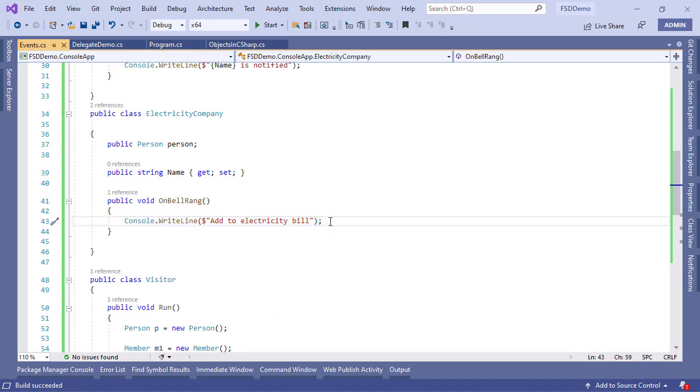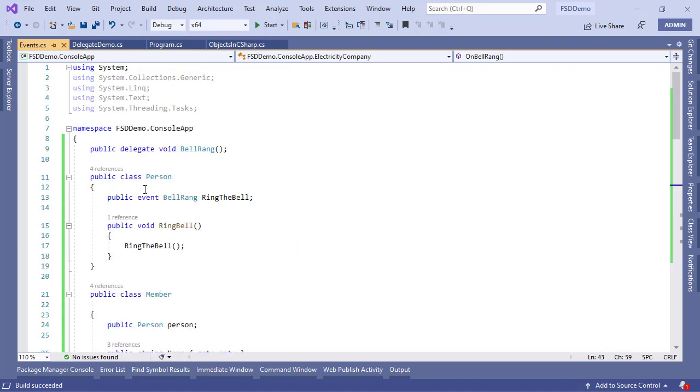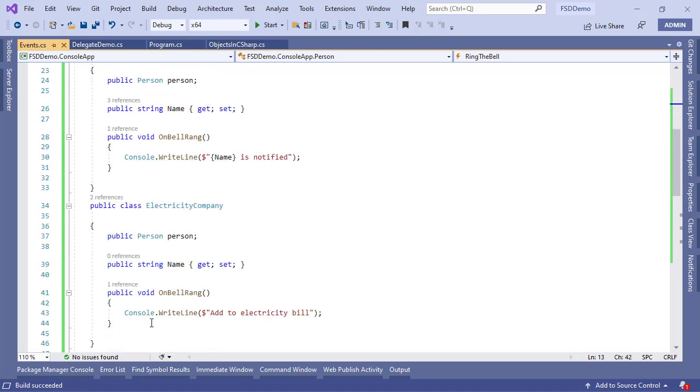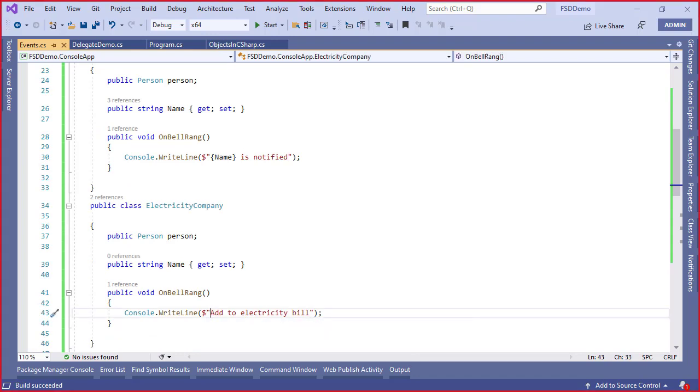So this is the observer design pattern. They are all observing this event, and when this event happens, they're getting notified, and based on their notification, they are taking actions at their end, right? So moving on,